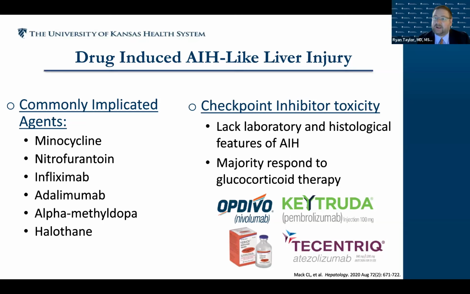And as we've had this rapid expansion of checkpoint inhibitors, there is an entity called checkpoint inhibitor hepatitis. It looks similar histologically and clinically to autoimmune hepatitis, but it really is a different entity. The good news is that it is treated with steroids, so we do have treatments, but we are seeing many, many more cases of this. Sometimes it's so common they don't even make it to the liver clinic, and the oncology team is already managing it, given the high incidence of this complication. Next slide.